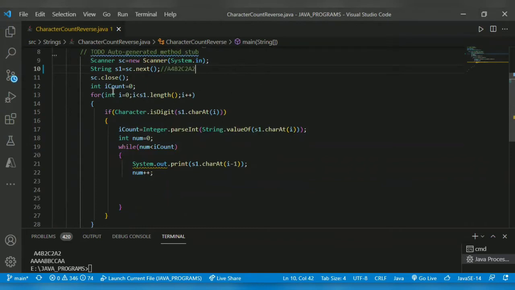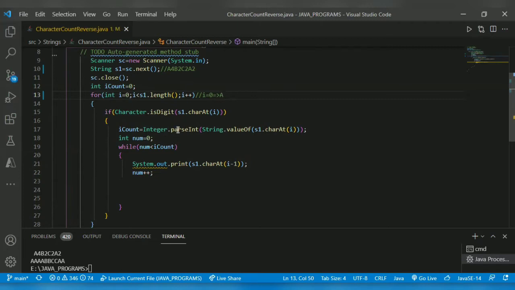If we iterate the loop, string index starts with 0. First, it will come A for i equal to 0. It will fetch A. Then it checks whether it is a character or not.